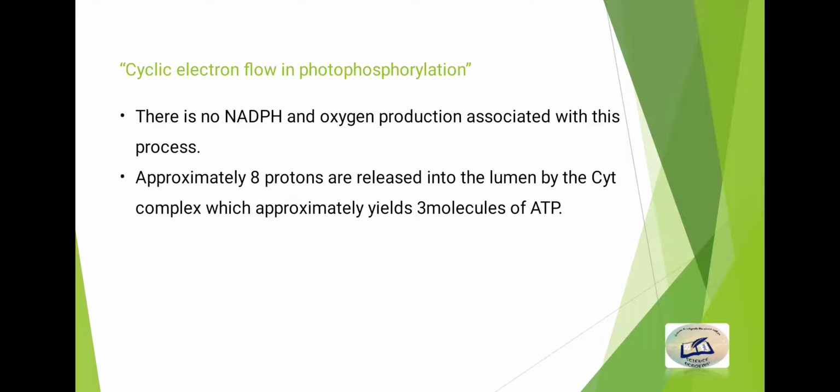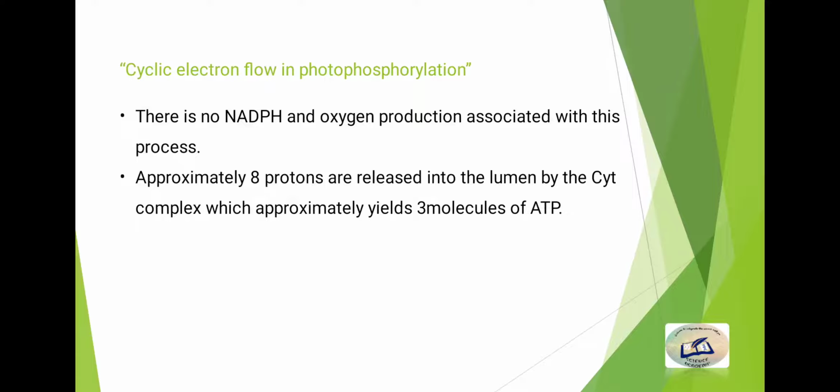From this statement we can derive that the non-cyclic process is the major process, because the overall process we are focusing on is photosynthesis, which leads to the yield of oxygen and carbon sugar synthesis. These are the primary end products of photosynthesis. If cyclic photophosphorylation, which does not produce oxygen, were the major pathway, there would be very little oxygen production for cells. So though there is the benefit of surplus ATP production in this pathway, the major pathway is the non-cyclic one.